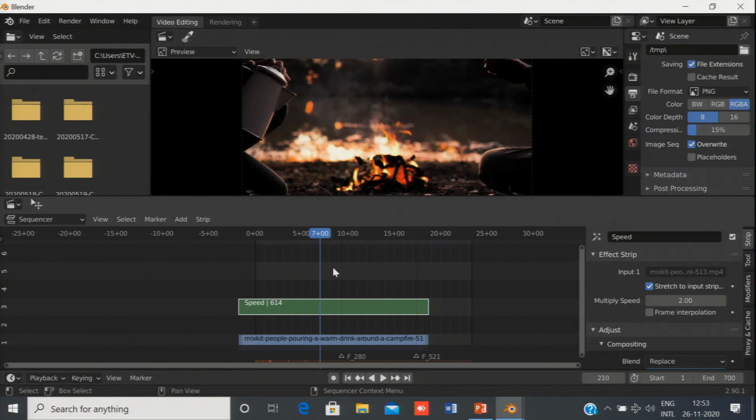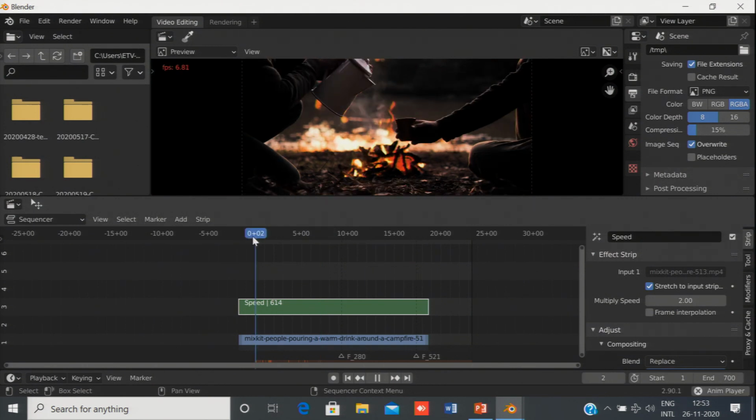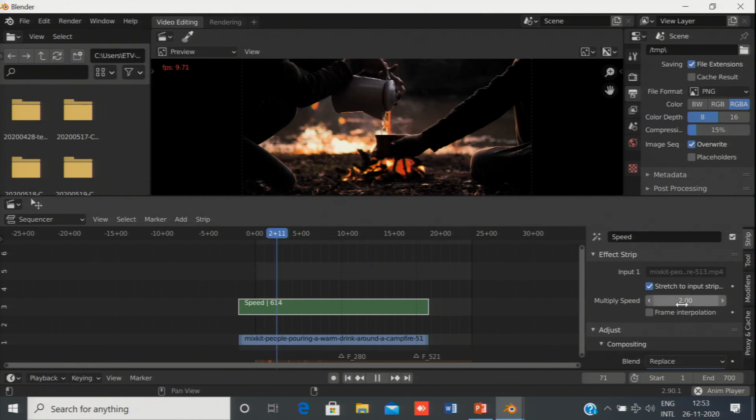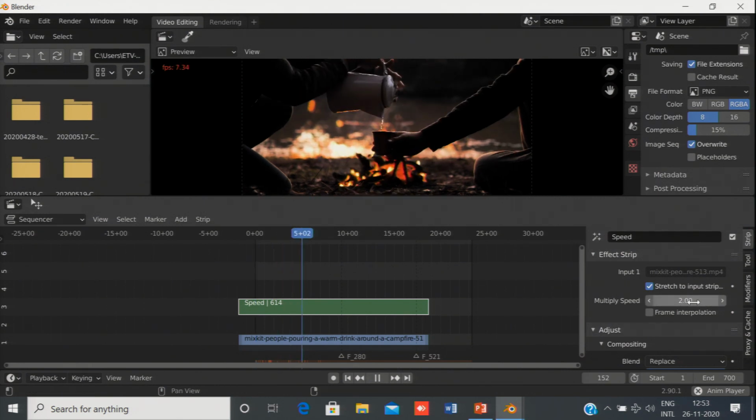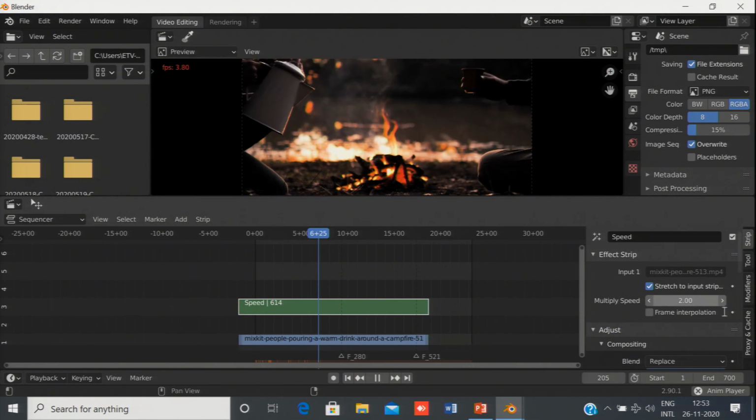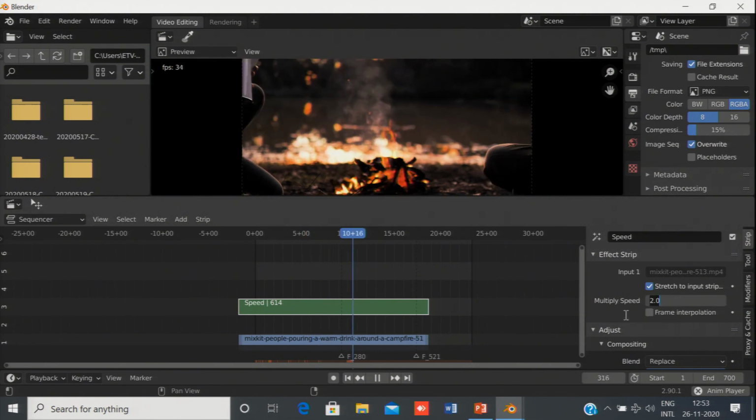Actually, it requires rendering, that is why it is not showing it properly. But to increase the speed, you change it from 1 to a multiple 2 or 3, whatever, and to decrease it, you change it to a quantity less than 1.